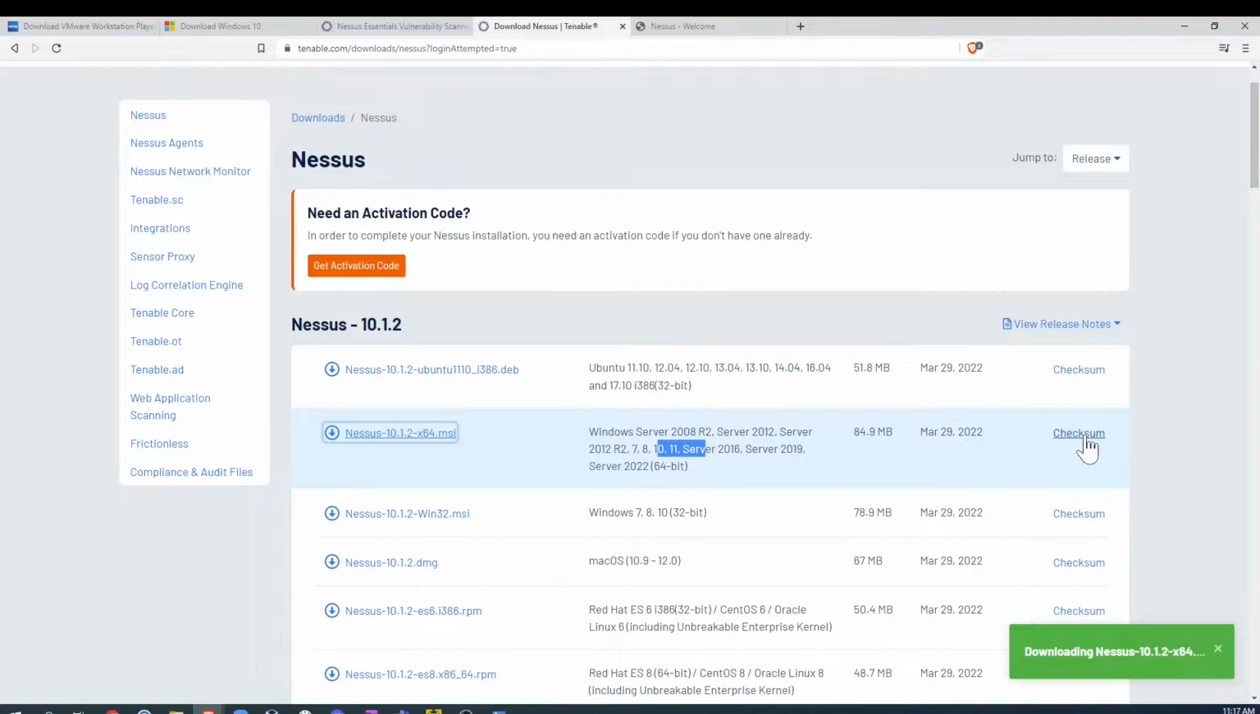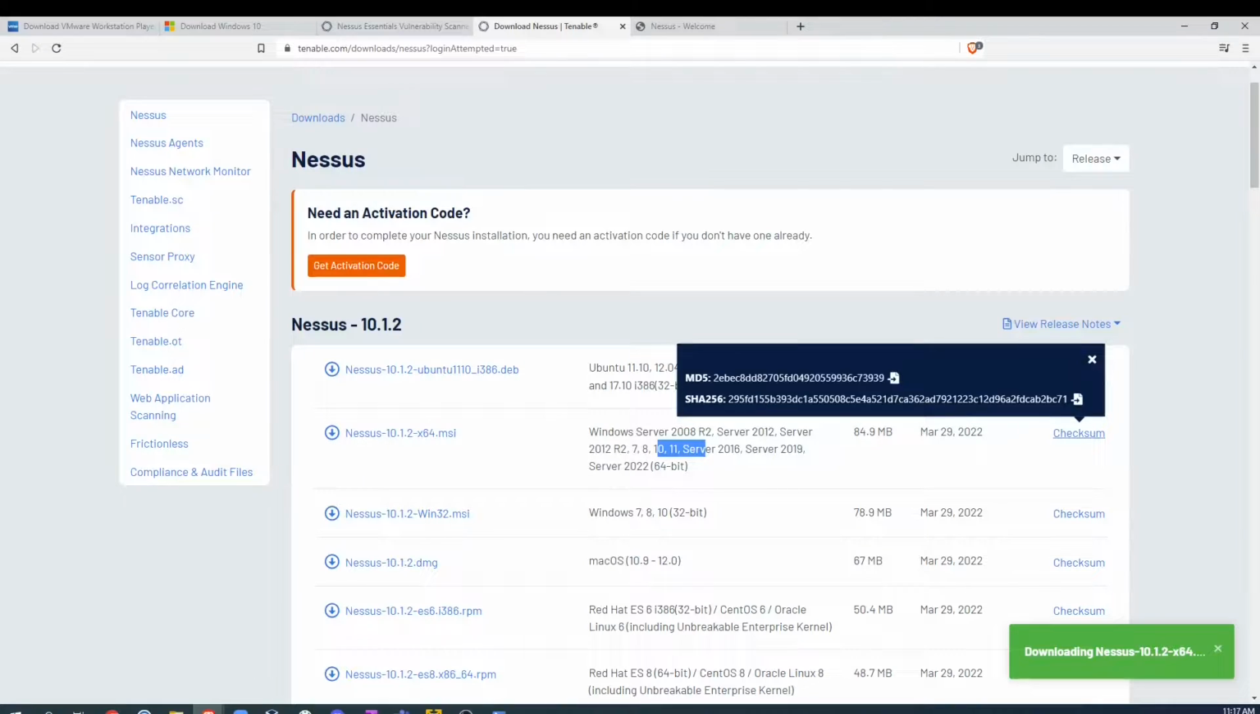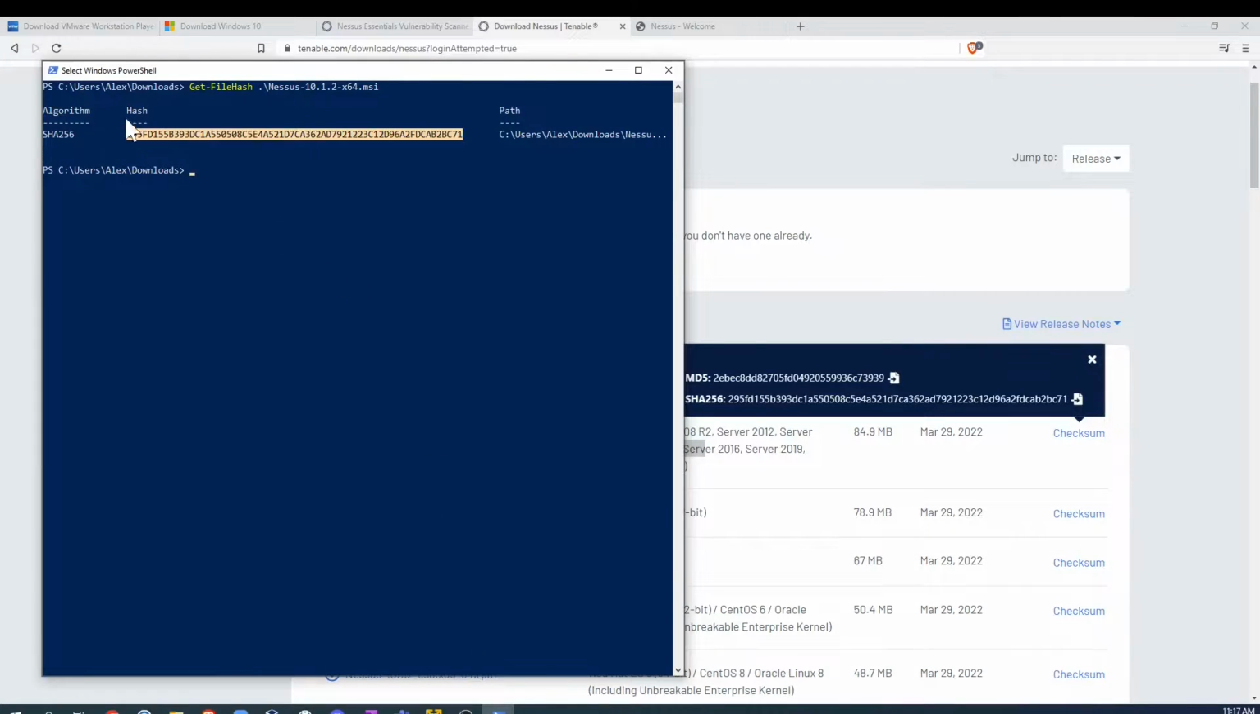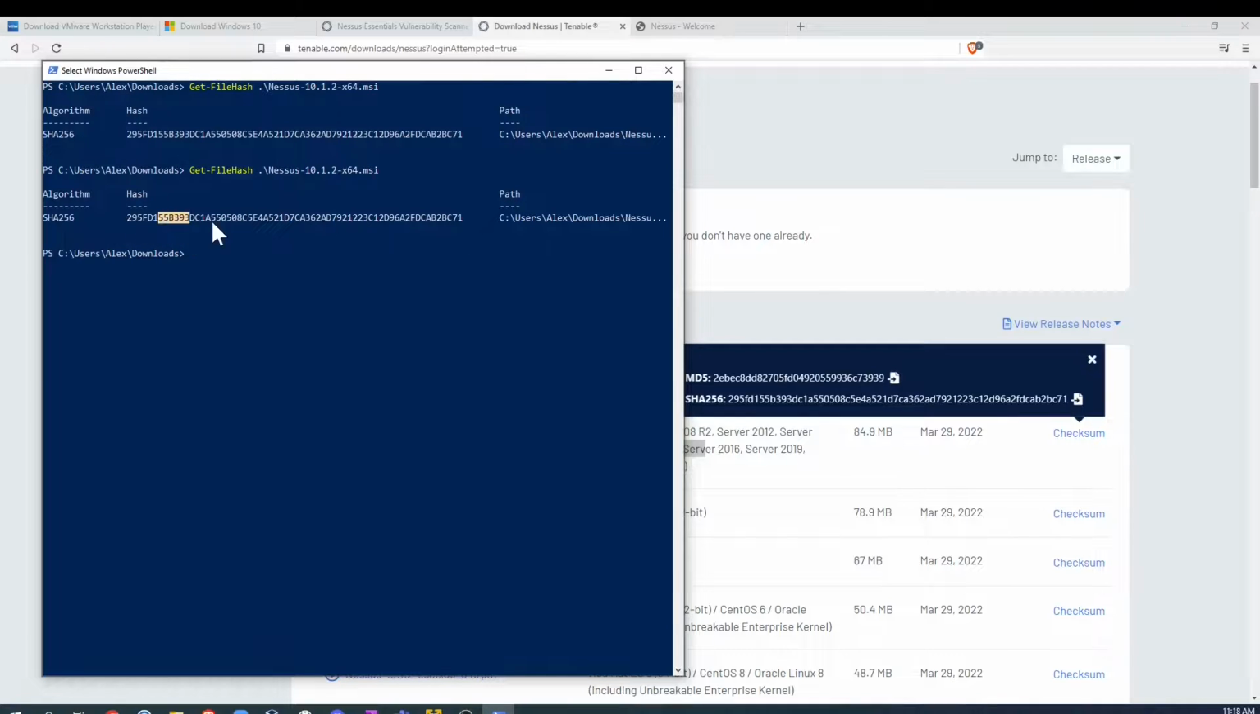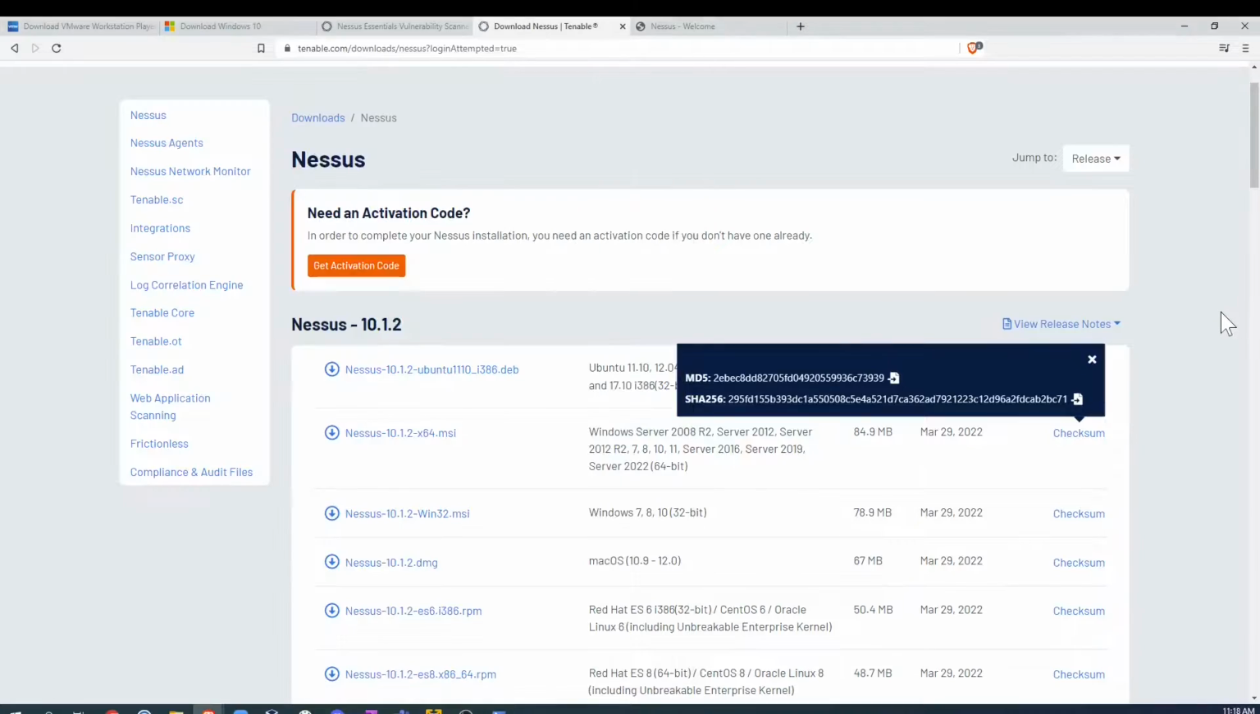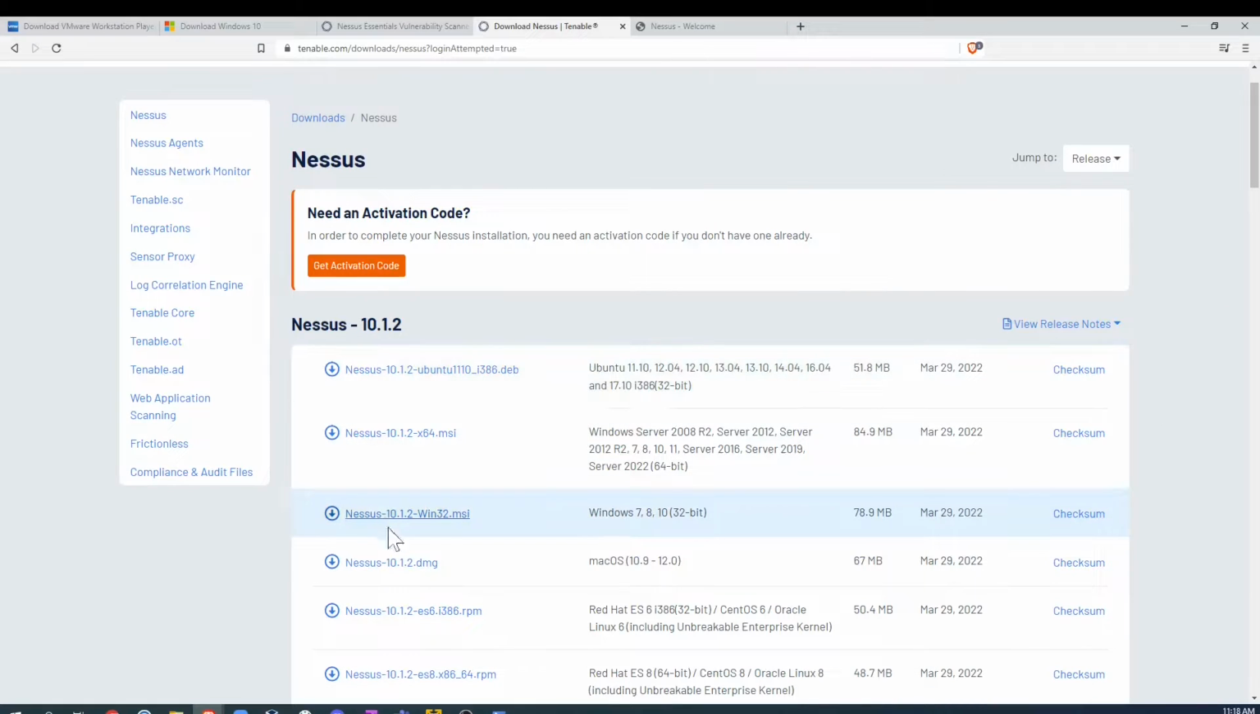Also you can check the hash of this file. Go to PowerShell and run Get-FileHash and choose the file name, and enter, and you'll be provided with the hash as well, so you can compare and make sure the file is not corrupted. So once you've done this, the next step is to go where you've downloaded the file,